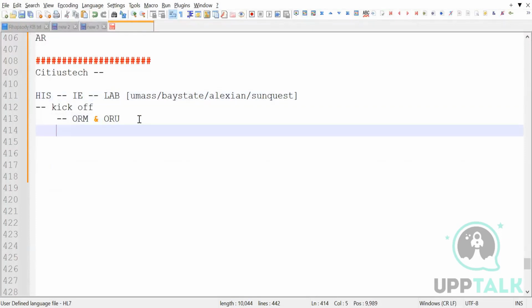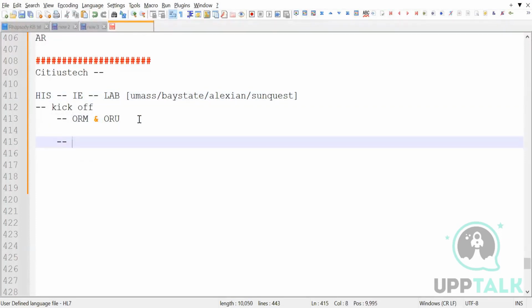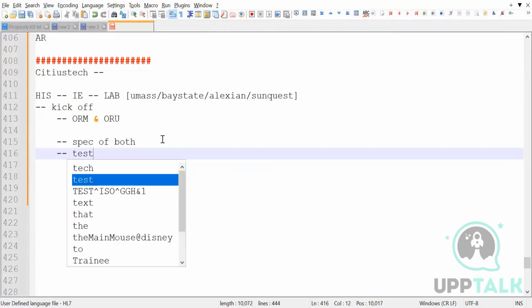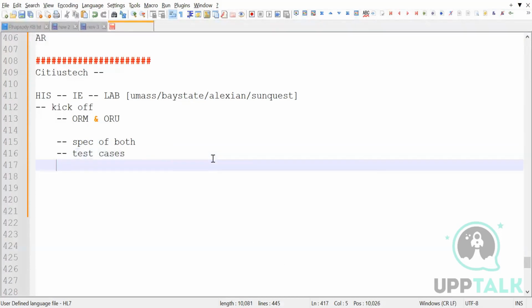Then you need to look into the specification of both. What you will receive, what you have to send, what you will receive from the lab, and what you have to send back to the hospital information system. Once that is done, then there will be test cases. When I say test cases, in this case, what usually happens is